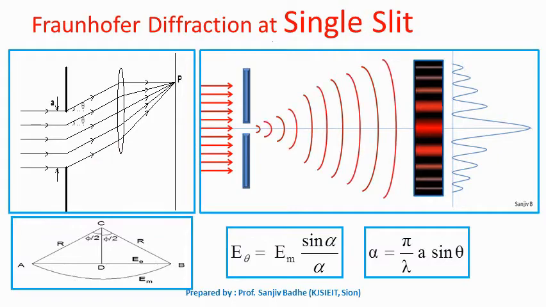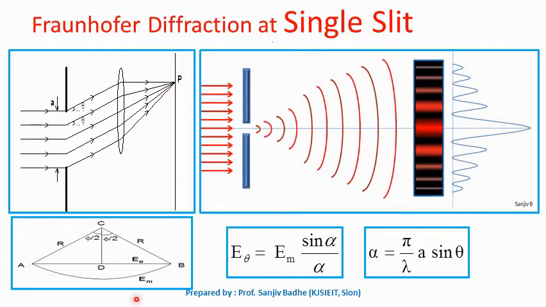The length of the vector represents the amplitude of the wave, and the angle between the vectors represented the phase difference between the waves. So we found the phase difference between the waves which are diffracted from consecutive slits of width dx, and then we drew the vector diagram, and using that vector diagram we found the resultant amplitude of the wave disturbance arriving at point P. Intensity of light at point P is directly proportional to the square of this amplitude.